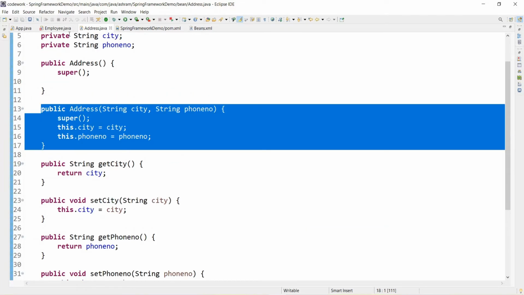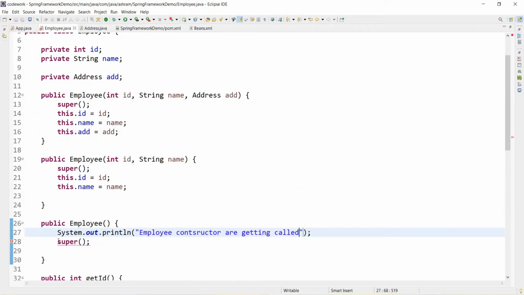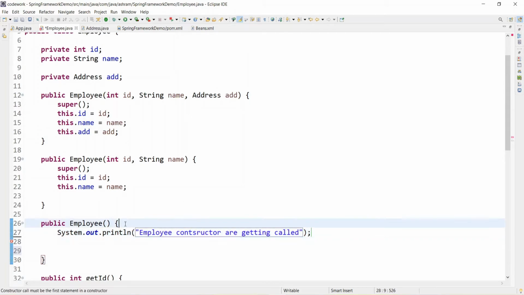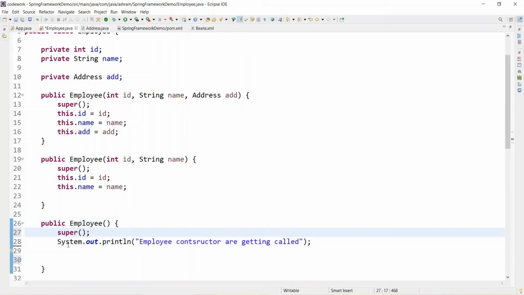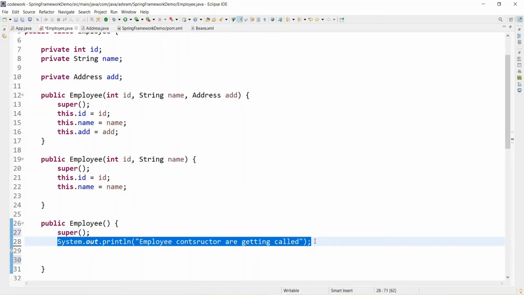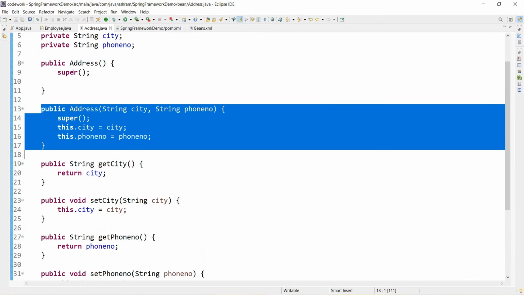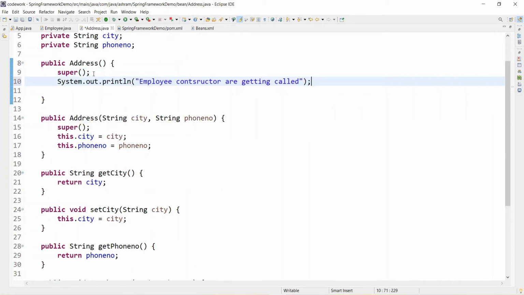And in address also, sorry, super should be the first line. Copy this and put this also in the address default constructor. So the address constructor or default constructor are getting called. And then run the application.